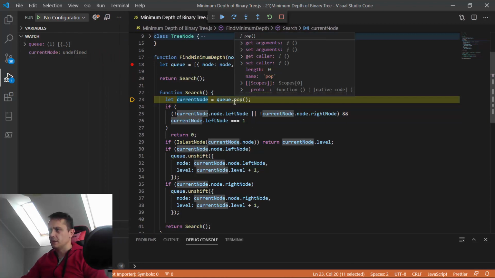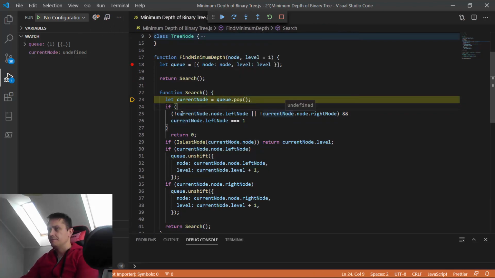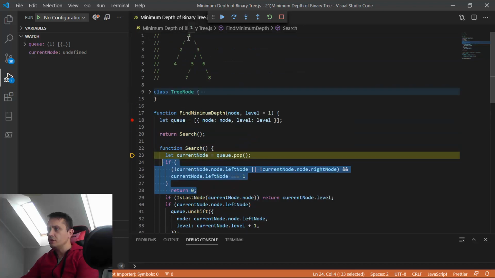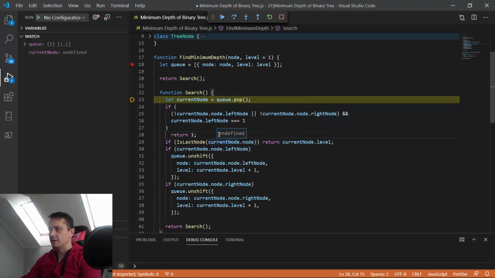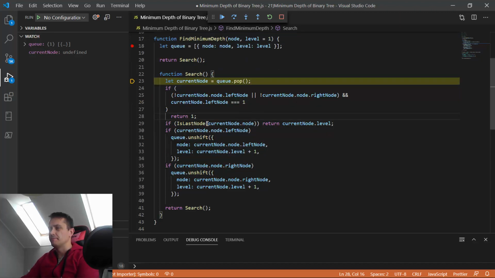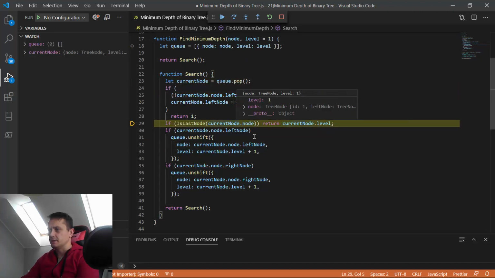Pop, of course, takes the element out of the queue and returns it. And first of all, the break condition. This break is going to work if the initial root is missing a left or right child, because it means that the minimum depth of the tree will be 1. Okay, in our case it's not the case, so the break condition for our recurrent function is